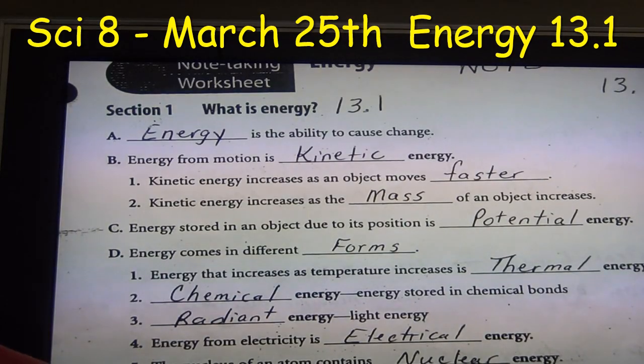Radiant energy is simple, it's just light energy. Energy from electricity, this one's tough. It's electrical energy, and then one that we get a lot of energy from, the Ginna nuclear power plant over on the other side of Rochester, out towards Sodus. We have a lot of our electrical energy that gets powered from nuclear energy, and that's just when we start breaking apart the bonds that hold the nucleus of an atom together. Okay? All right, let's take a look at the questions in our textbook.